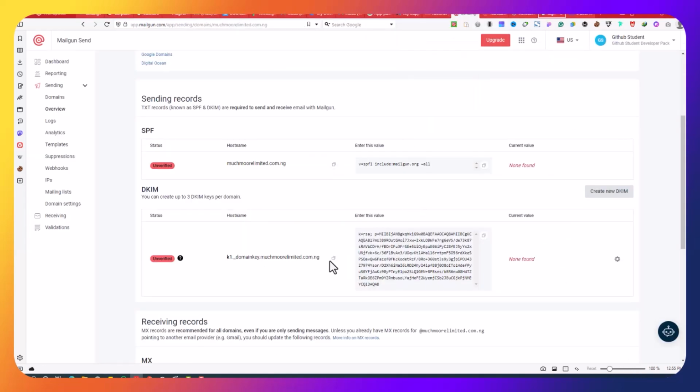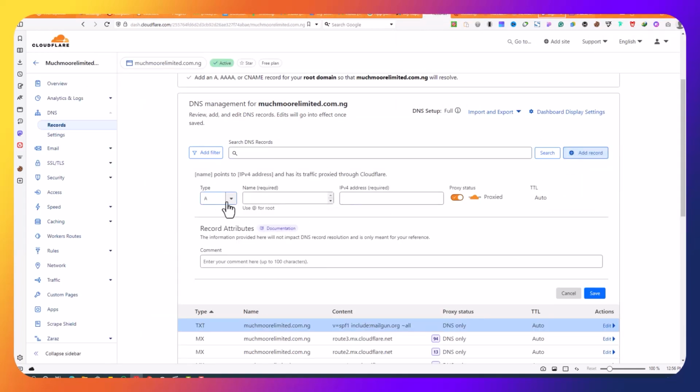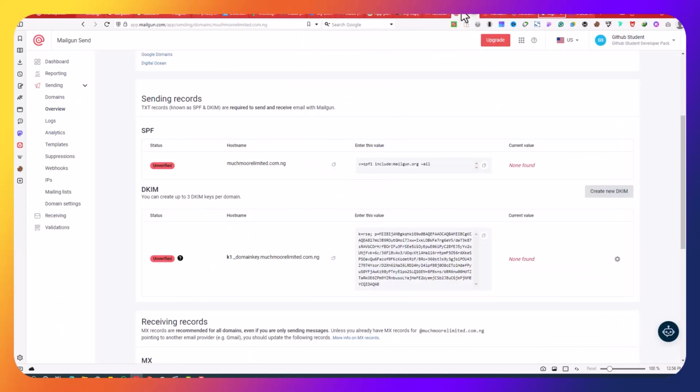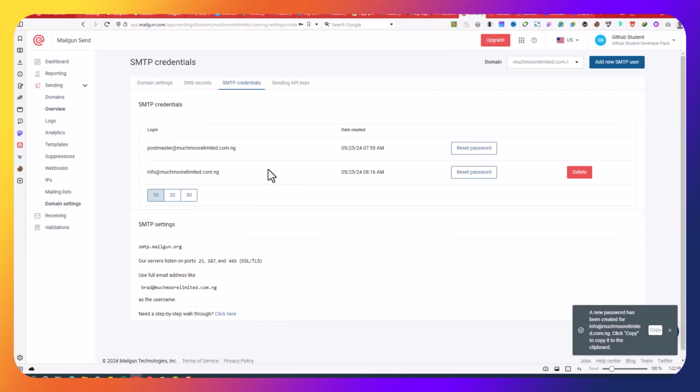So quick one, let's be fast about it. Another test record. So when you click on add, when you want to add the domain,